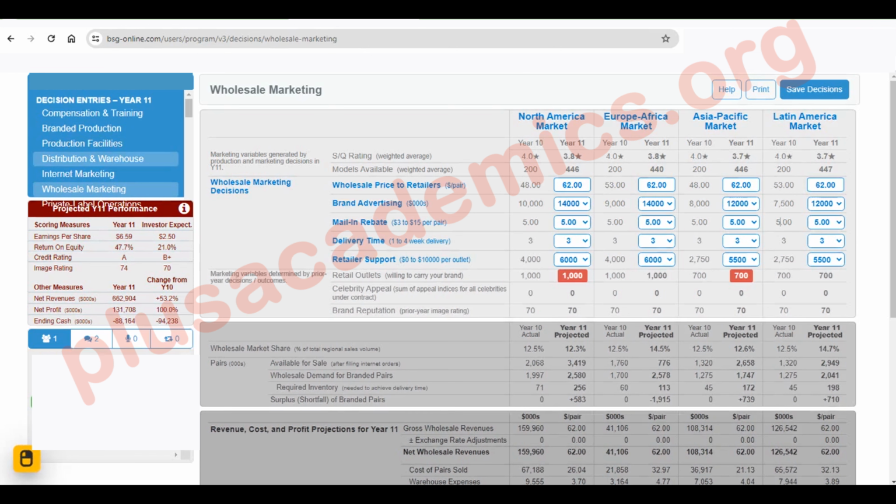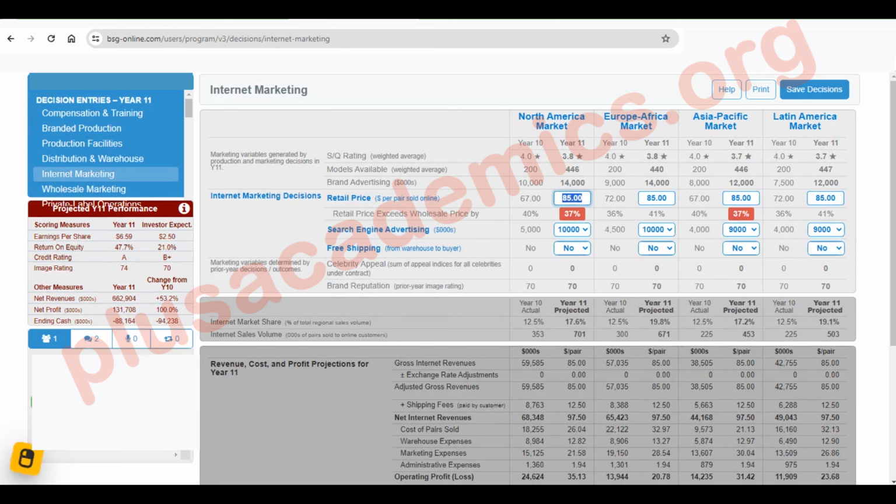Because we have increased the price for wholesale marketing, we also need to increase the price for internet marketing so that they can match. That's the reason why we are also increasing the price in this section, that is internet marketing, to 87 in all regions. Okay, and so now we are done with that, so we can go back to distribution and warehouse, and we are going to change